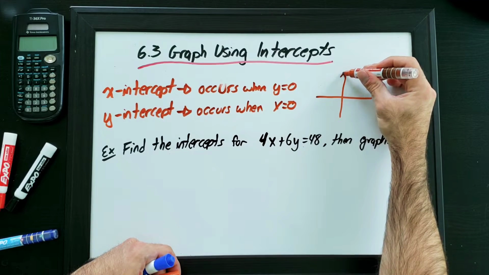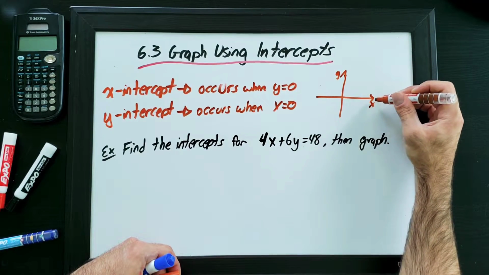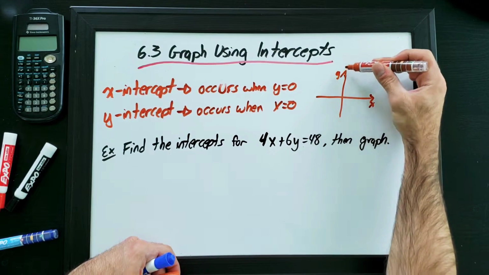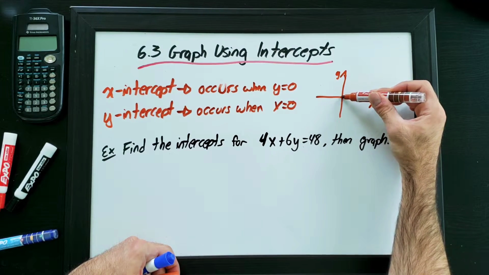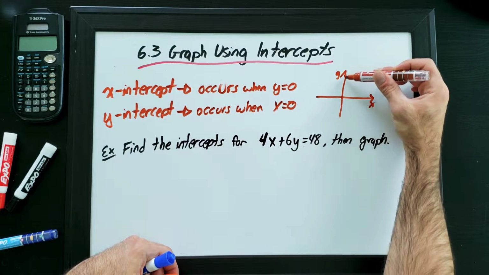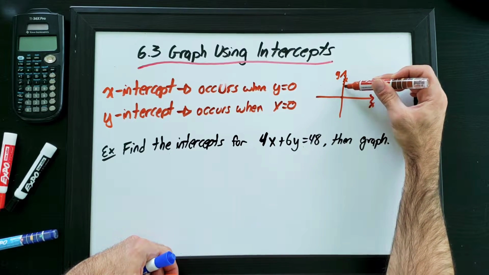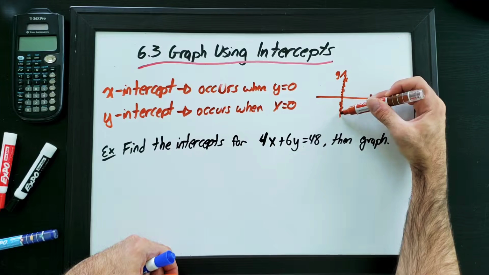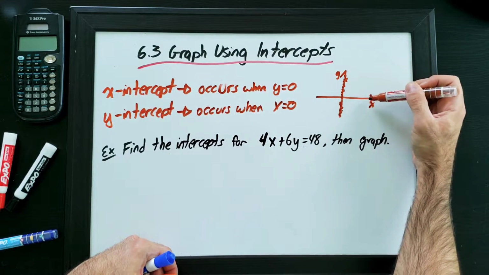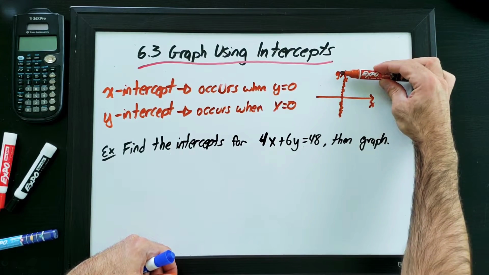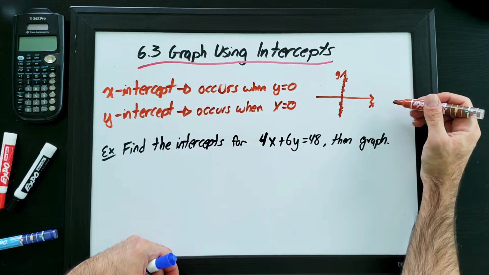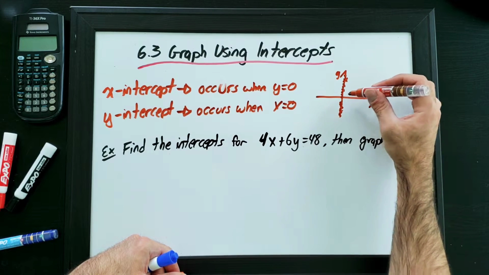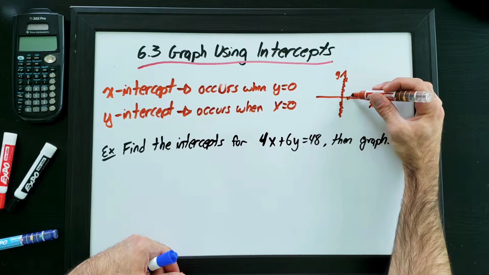the y-intercept is on the y-axis. So this is the y, this is the x. The y-intercept is all on this axis. This is when x is 0, right? When x is 0, I'm right here. So any number on this line, the y-axis, is my y-intercept, and it occurs when x is 0. Likewise, to figure out my x-intercept, this occurs when y equals 0. So anything along the x-axis is the x-intercept, and this value of y is always going to be 0 along